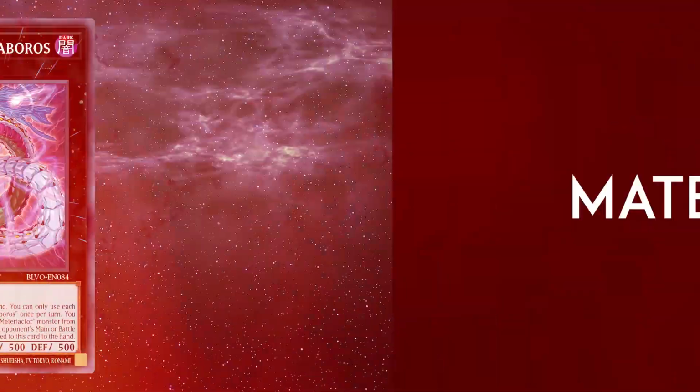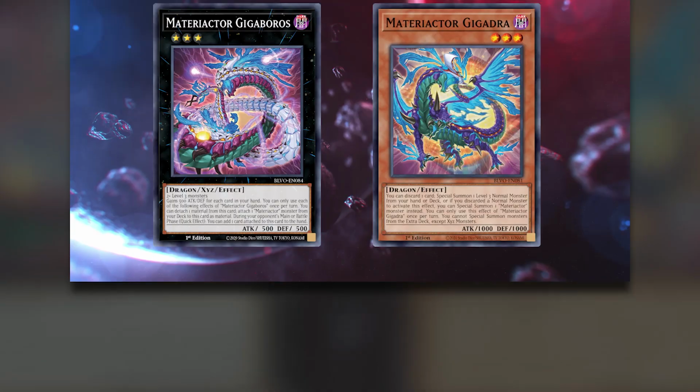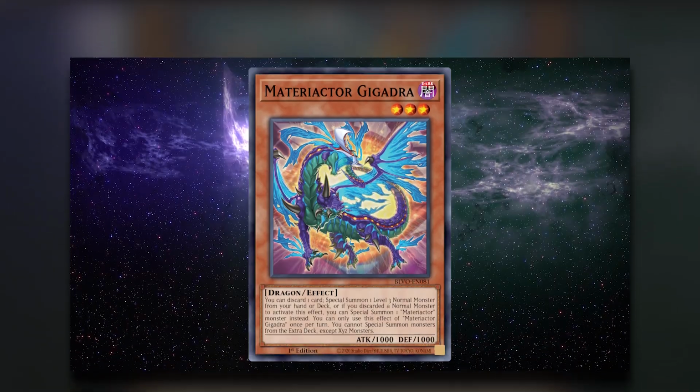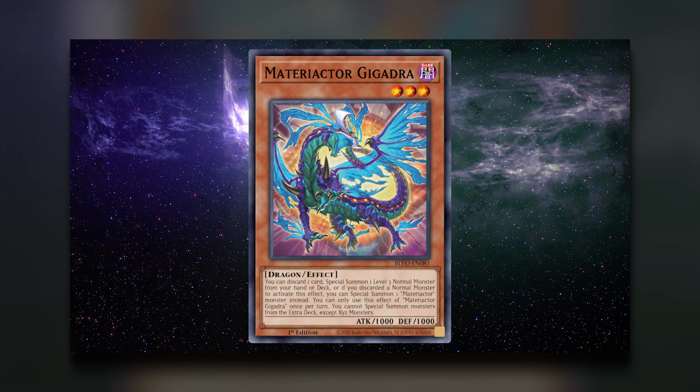The minor theme that I have for this video is called Materiactor. There are 2 Materiactor cards coming out of Blazing Vortex. We got Materiactor Gigaboros and Materiactor Gigadra. Materiactor Gigadra is a level 3 Dark Dragon effect monster with the effect that reads you can discard 1 card,